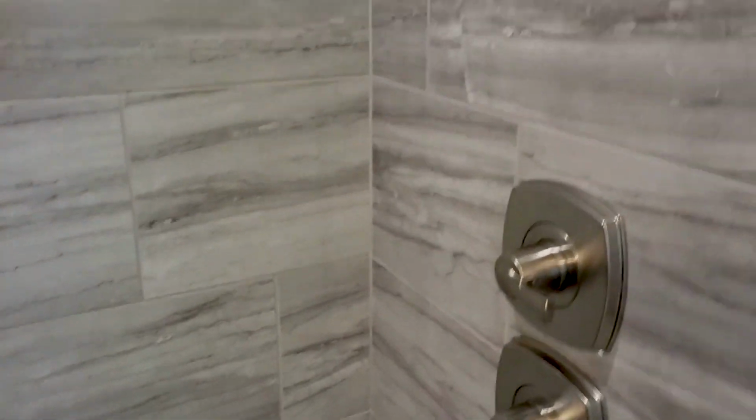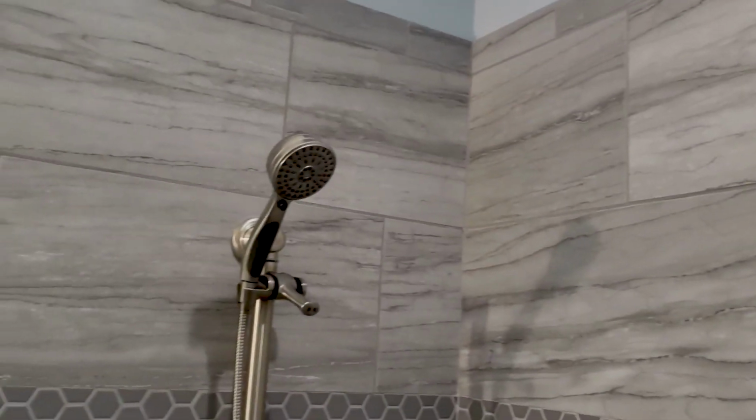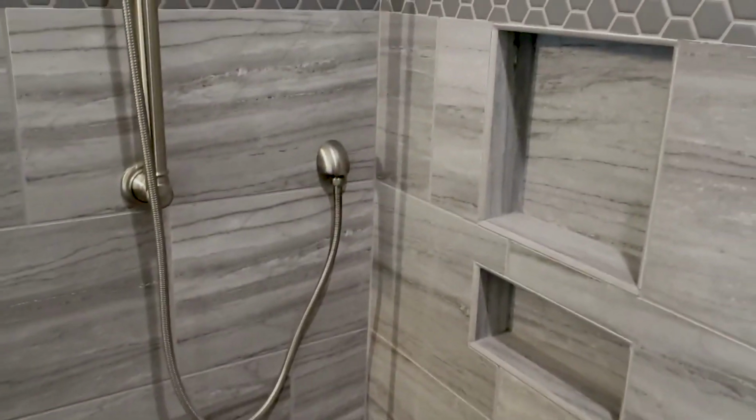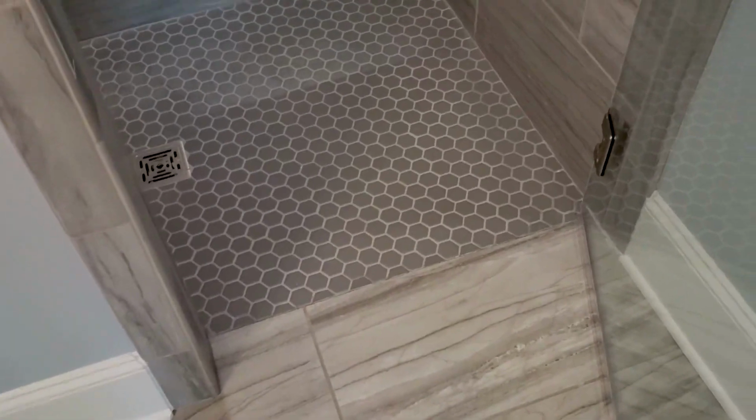But there's your controls. There's your shower head. And over on this side, you've got a wand shower and a bench and 2 niches. So if you have somebody who's elderly or needs a place to sit down, you've got a real convenient shower for that. And if anybody's on a wheelchair, accessibility is curbless. So it's a real nice